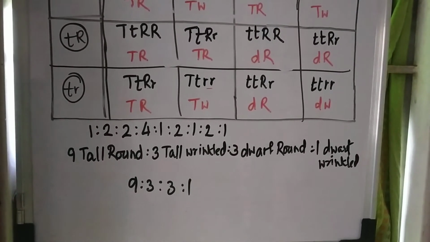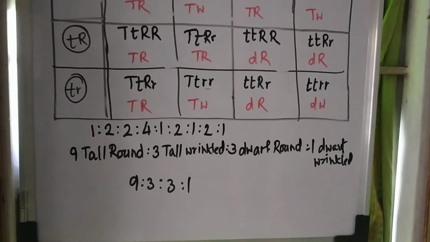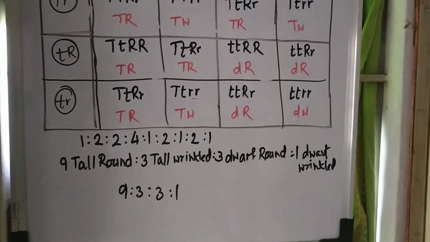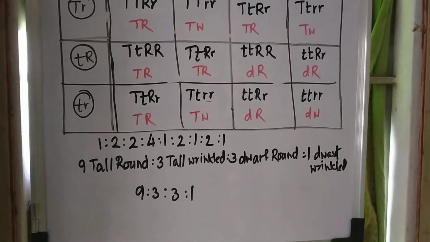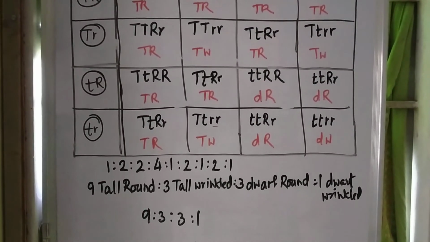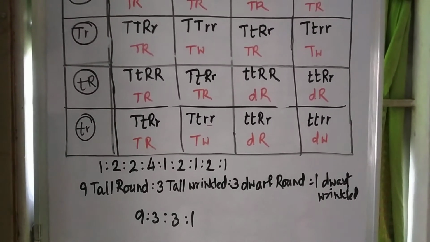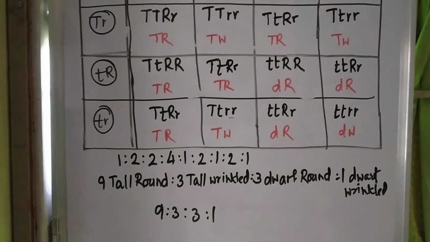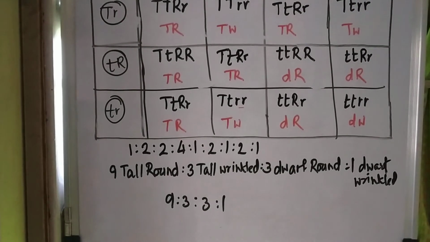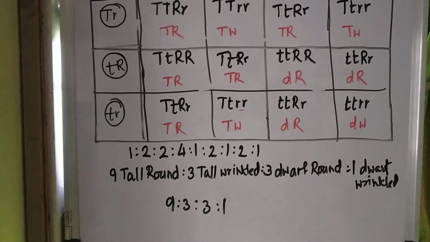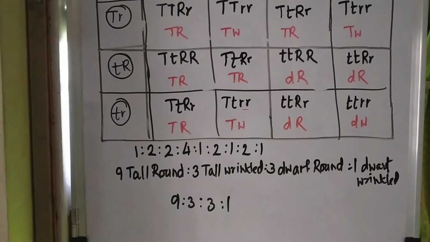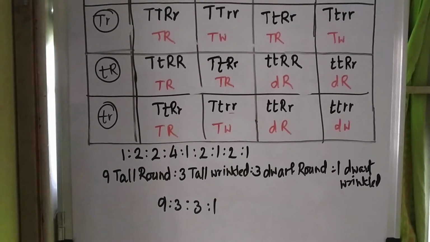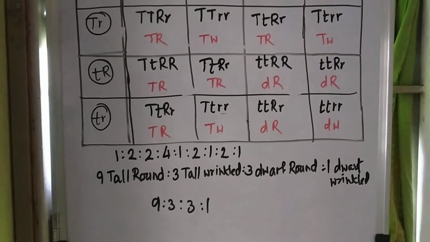They are inherited independent of each other, and therefore we can say that the law of independent assortment can help us in finding out the 9:3:3:1 ratio as mentioned here in this cross, and it also indicates that the genes for two different characters are inherited independent of each other. There is no relationship between these two gene pairs.